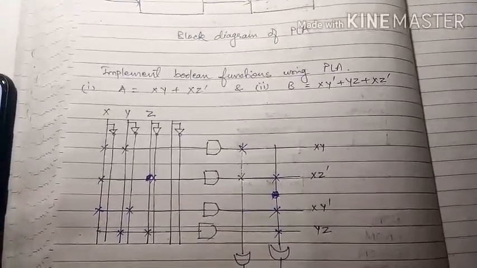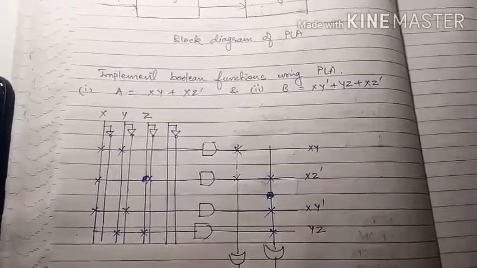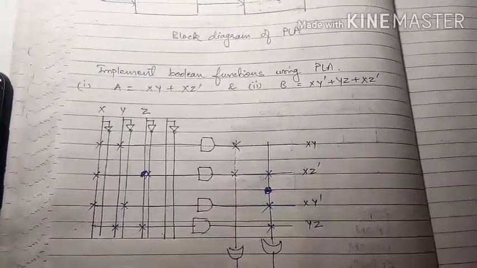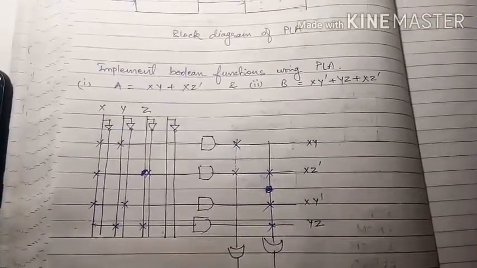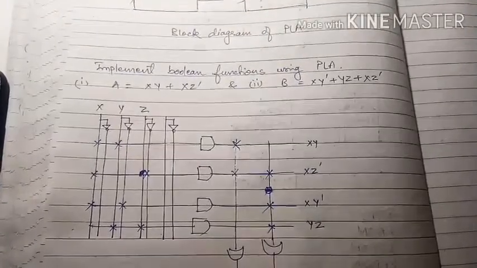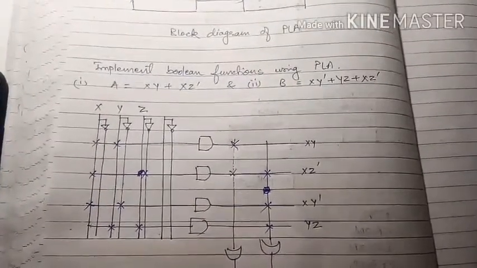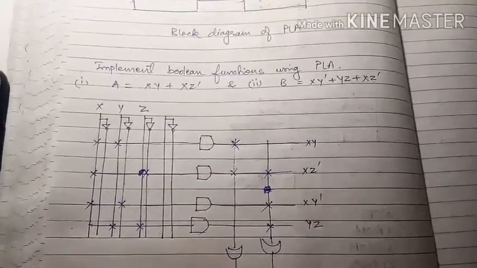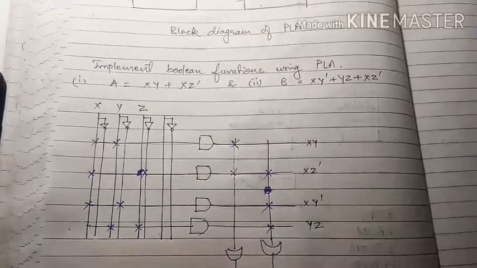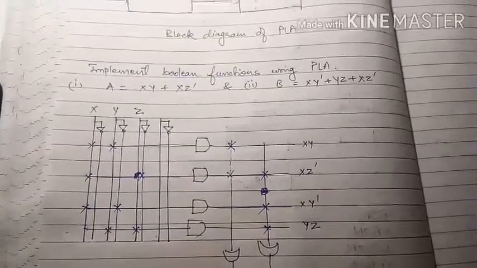The inputs x, x dash, y, y dash and z, z dash are available at the input of each AND gate. So program only the required literals in order to generate one product term by each AND gate. All these product terms are available at the input of each programmable OR gate, but we program only the required product terms in order to produce the respective Boolean functions by each OR gate. The symbol X is used for programmable connection, that is, as we said, the masking.